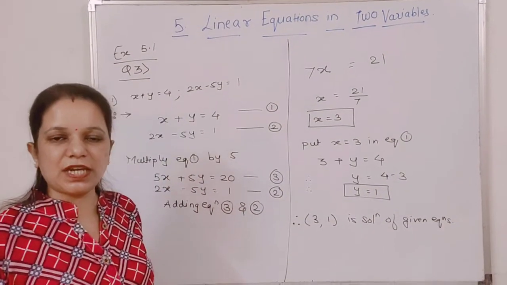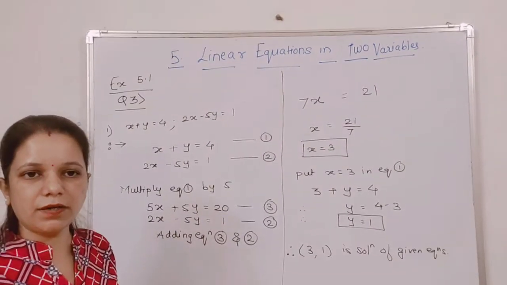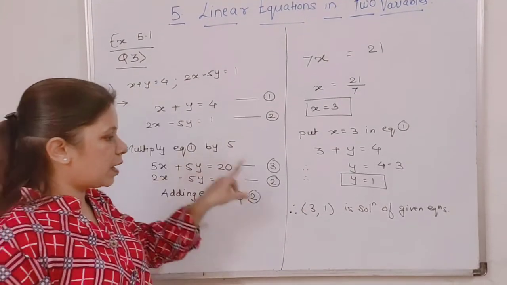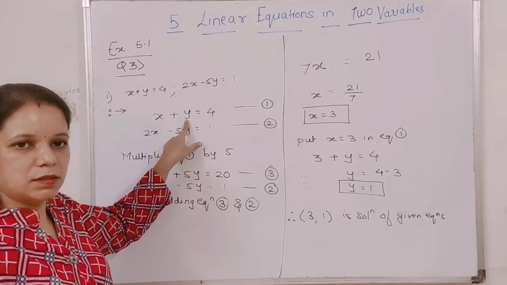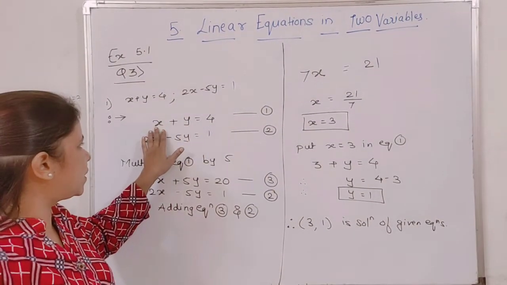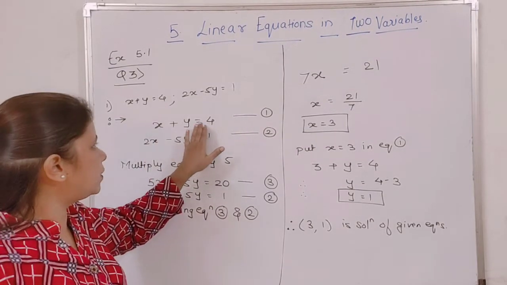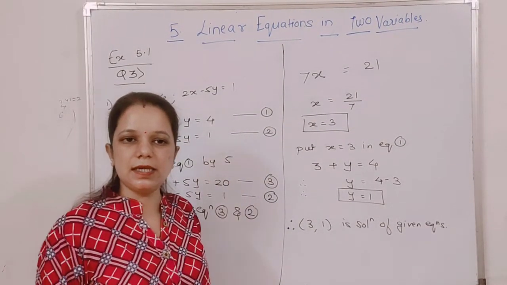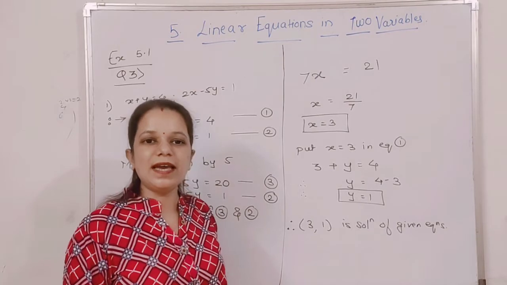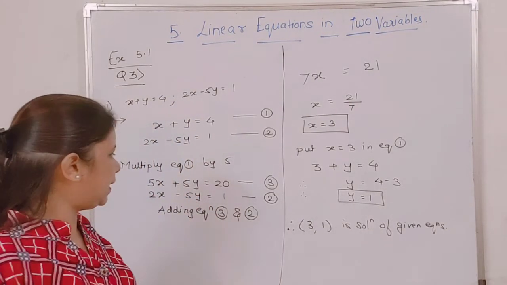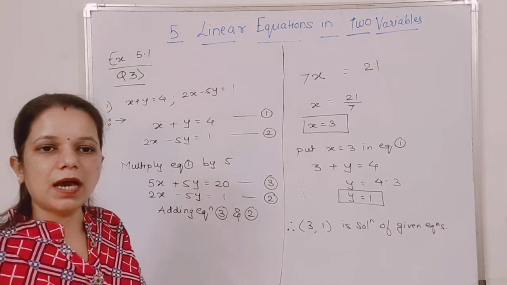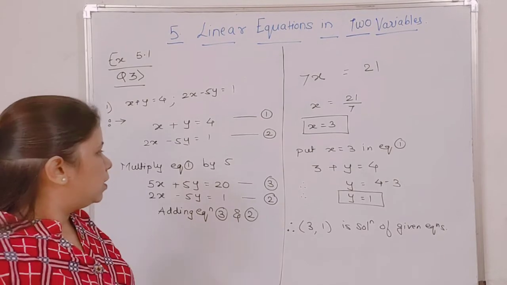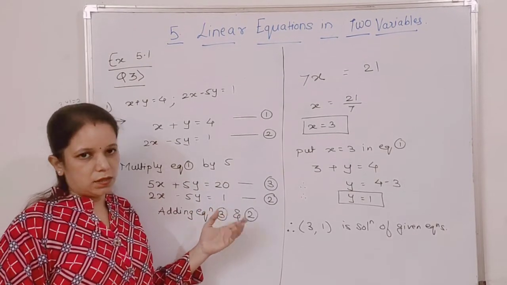Now we can quickly check if we are correct with our solution or not. If we put the value of x as 3 and y as 1 on the left hand side of equation 1, 3 plus 1 is equal to 4. So our solution is correct. Very easy and very simple way of eliminating one variable. Eliminate करना है मतलब we are going to cut or reduce one variable. So this is how we are going to do it. Please note it down.